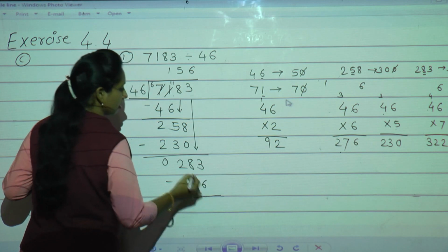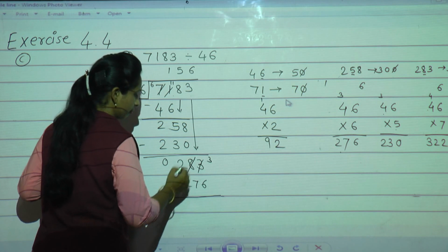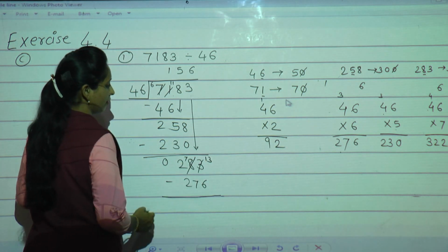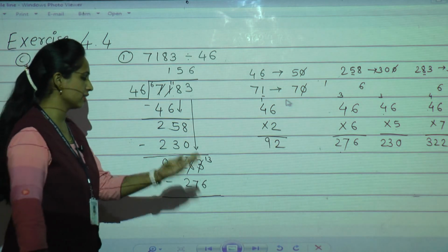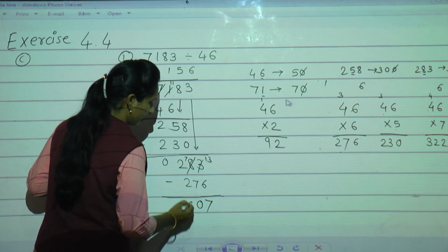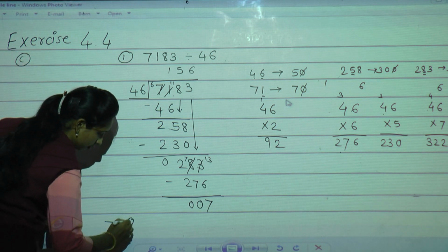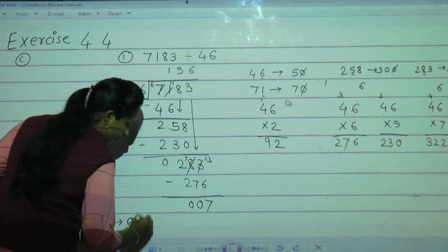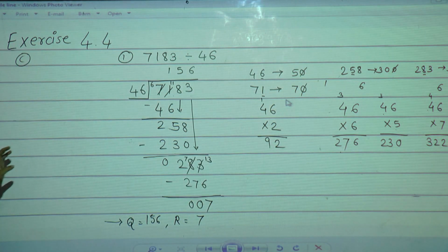Now subtract 3 minus 6. We cannot, cut the 3 right as it is. Take borrow from neighbor. Neighbor is having 8, he will give 1, 7 will remain. Now count after 6 till 13 comes. 6 after 7, 8, 9, 10, 11, 12, 13. How many? 7. Now 7 minus 7 is 0, 2 minus 2 is 0. Now see, 7 is remaining. What is the quotient here? 156. And what is remainder here? 7. Clear? Understood? Yes. Now I'll solve one more example for you.